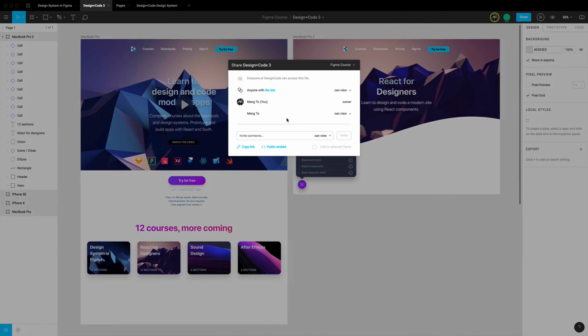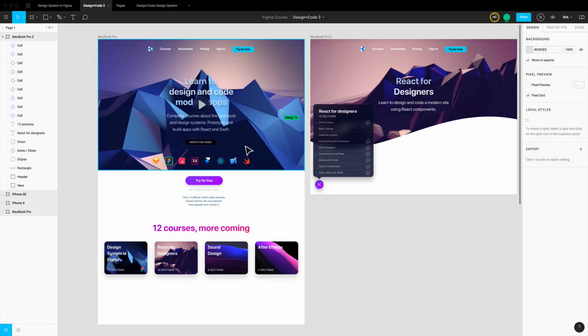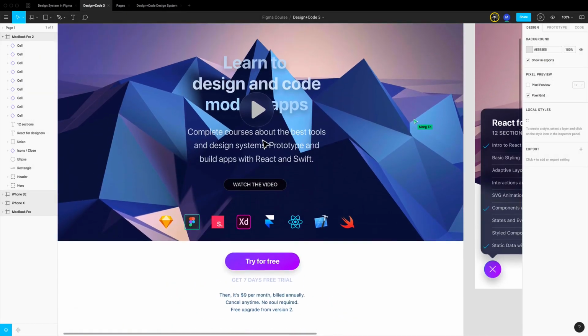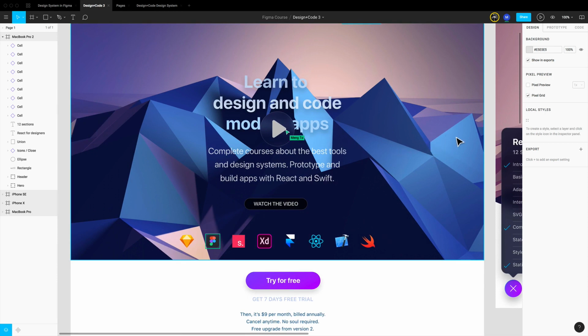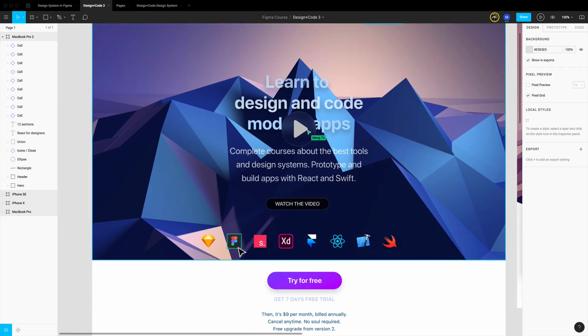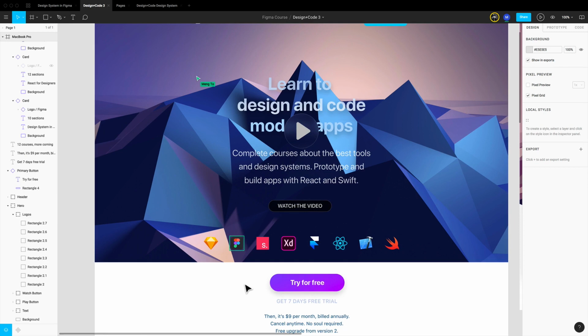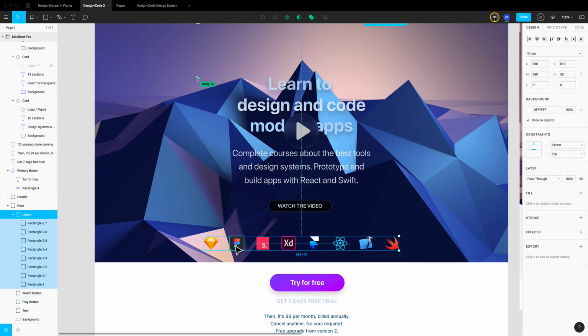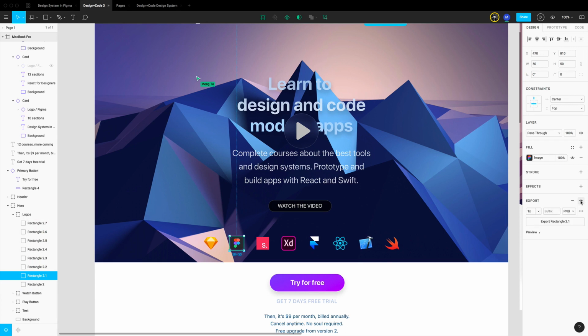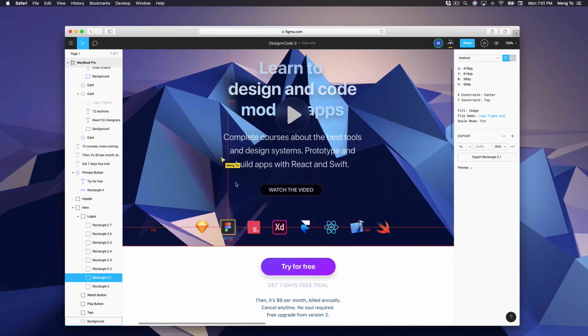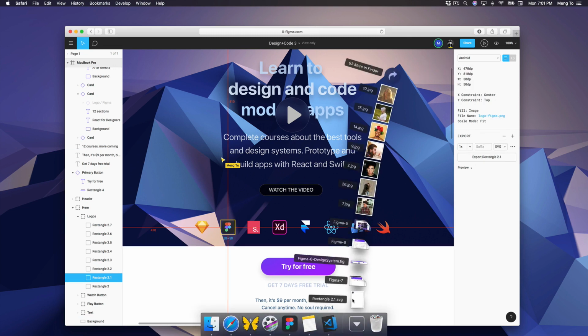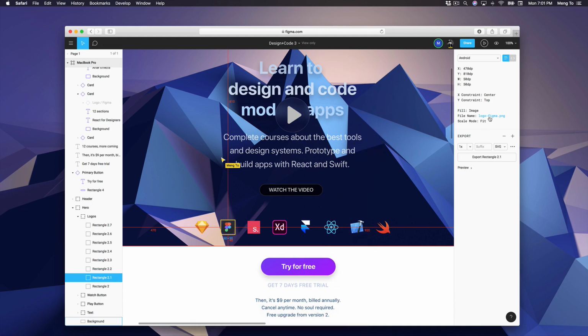Now let's go back to the design tool, and let's say we're changing something, and already I can see that there's a person outside that is doing something to this file. So this is real-time collaboration, and I can even go to the asset itself and decide to export it, let's say as an SVG. And so the next person is going to be able to export that and get the SVG file right away